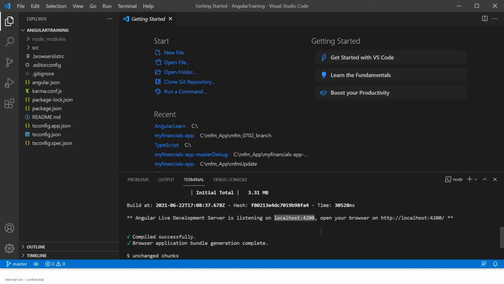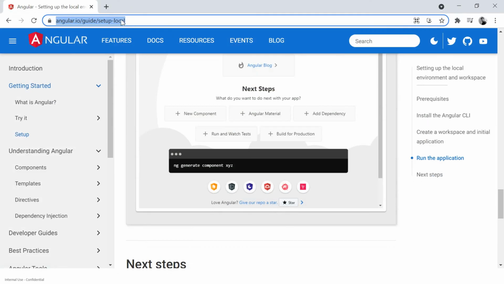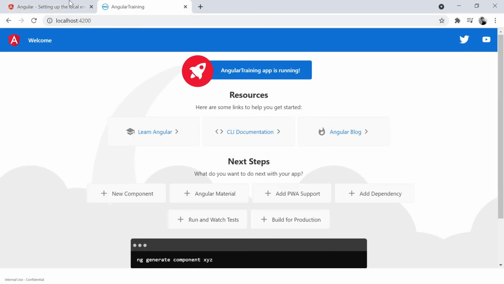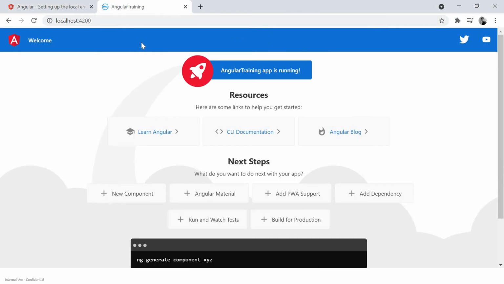So if I go here and open a browser, yes, I just wanted to show you guys this one as well. This is the Angular documentation. You can go ahead and see all the process, these things are pretty much clear there. So always prefer to go for the Angular documentation for any kind of doubts. It is very good and well documented. Okay, so this is your application which you have opened right now. So this is our application.